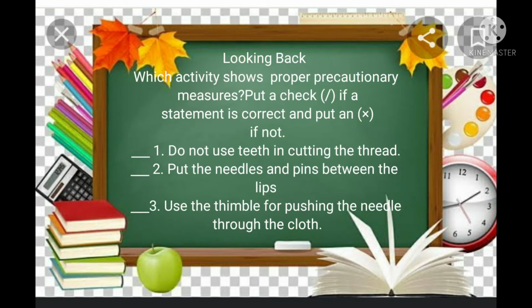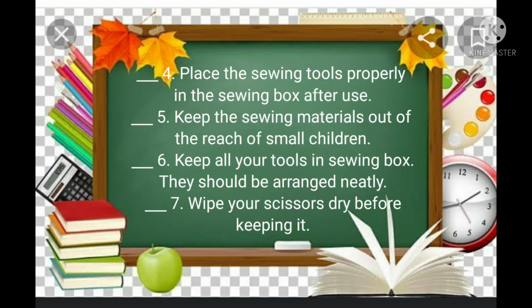For our looking back, direction: Which activity shows proper precautionary measures? Put a check if the statement is correct and put an X if it is not. Number 1, do not use teeth in cutting the thread. Number 2, put the needles and pins between the lips. And number 3, use the thimble for pushing the needle through the cloth. Number 4, place the sewing tools properly in the sewing box after use. And number 5, keep the sewing materials out of the reach of small